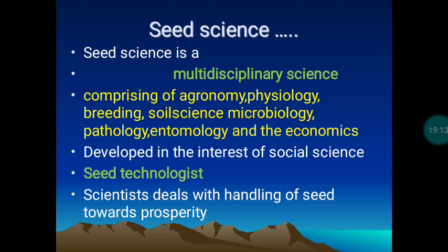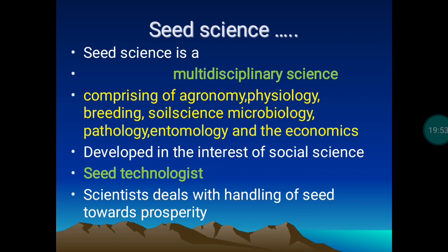Actually seed science is not a separate science, because it involves various activities that start from seed to seed. So sowing of the seeds, from that you will get a crop. From that crop we are going to harvest the seed. So seed science is responsible for production of seed from seed. For this seed to seed activity, the seed scientists need the help of various people, because seed production involves land selection, crop management activity, crop protection activity, and